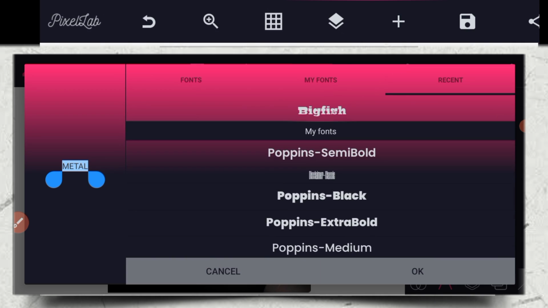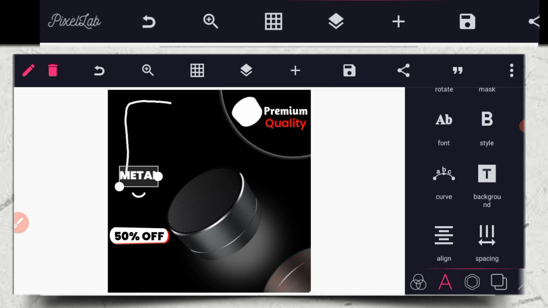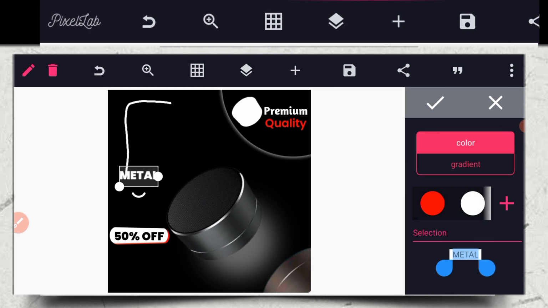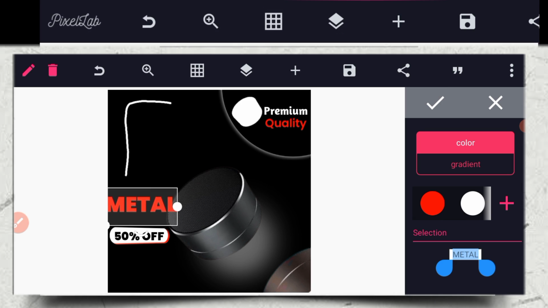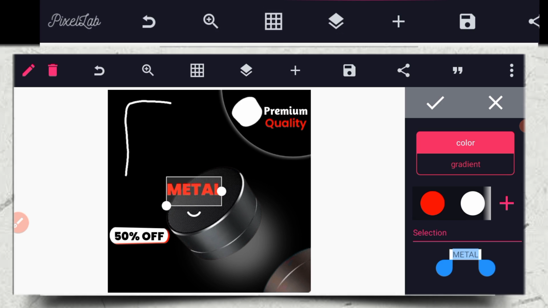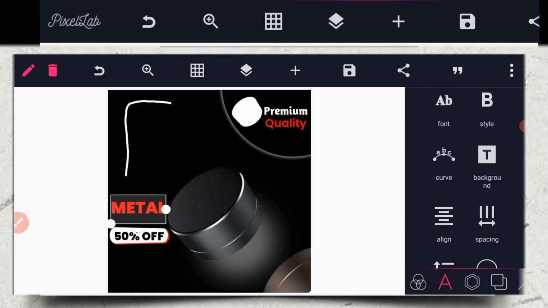Then you put Poppins Black. Good. Extra. Okay, Poppins Black is okay for it. Then you give it red color. Give it red color. Increase it a little bit. Okay, good. So what you need to do right now is to go to your